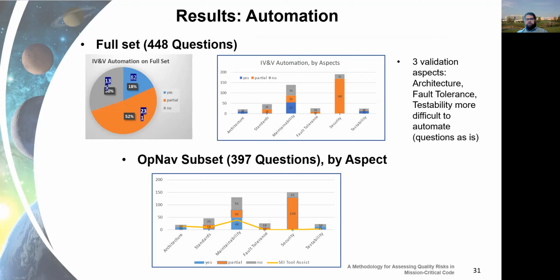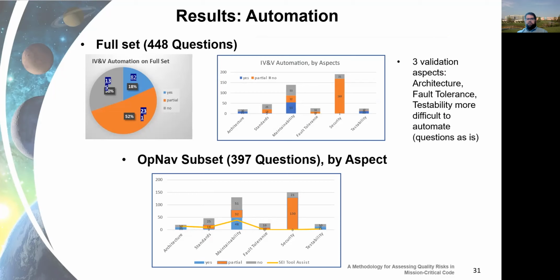So we looked at the questions individually and gave an assessment of whether or not we thought they were fully automatable based off of our own internal capabilities, whether or not they were partial, which means some combination of tool and analyst judgment, or whether or not they were completely based off of analyst judgment. So as you can see, we've broken that down by those specific categories as well as by the individual aspect areas. We feel like this information will help guide us towards